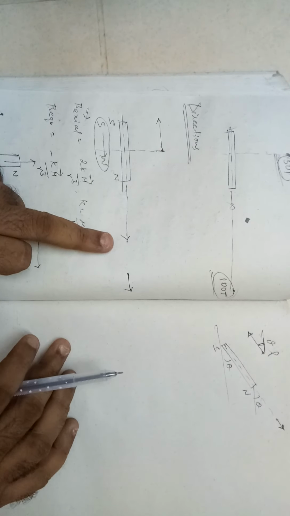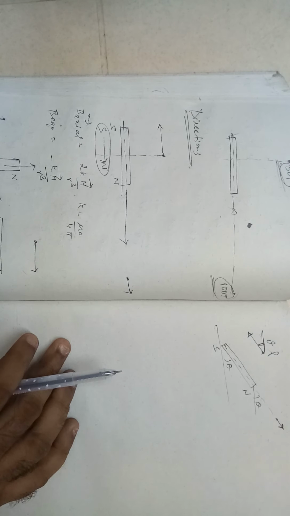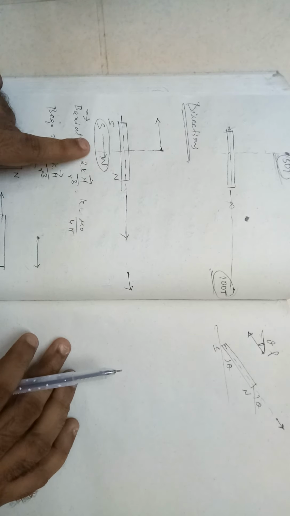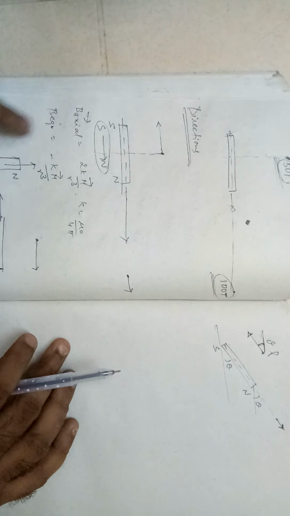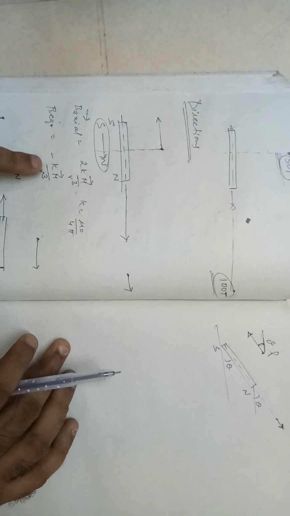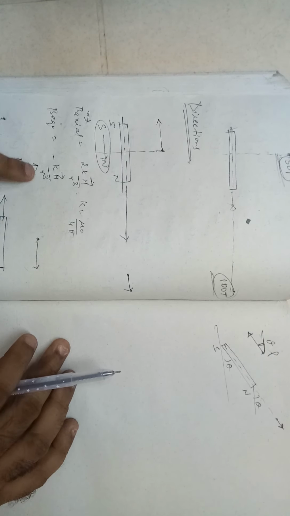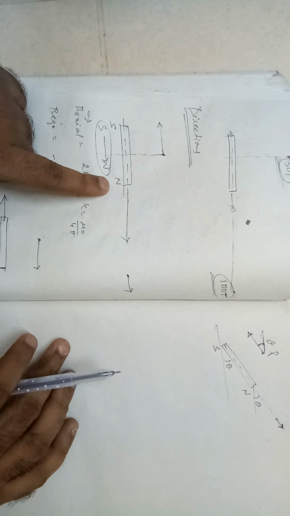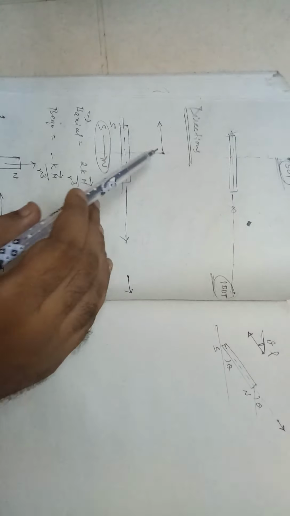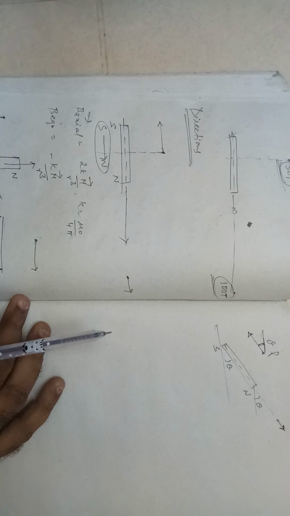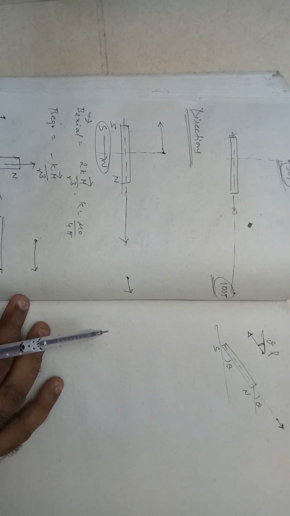So if you take any point along the axial line, the direction will match this direction. However, if you take the equatorial point, it will be opposite of that. Alright, B equatorial is km by r cube with a minus sign. So if south to north is the direction of the magnetic moment, for the equatorial it will be opposite of that. Okay, so you just need to find here m, which means the net m value.